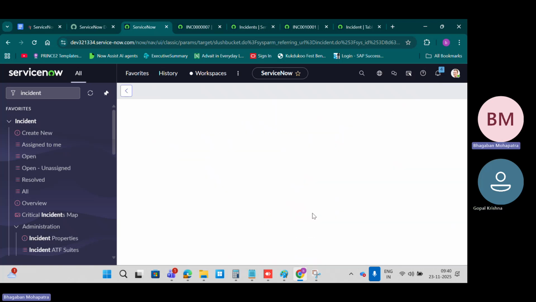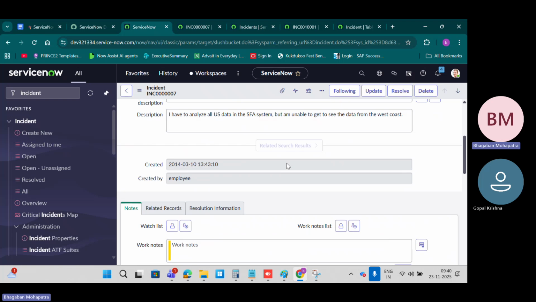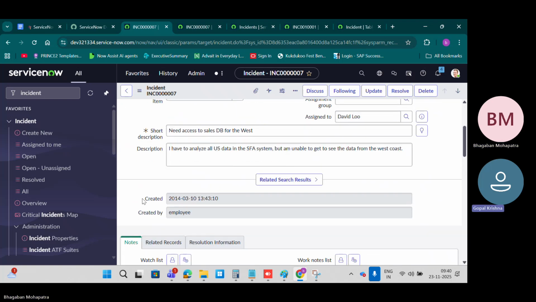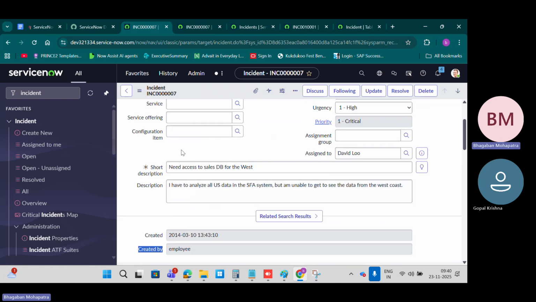I bring them from here and save it. So if you see, the created by field came here. But if I don't want to see it at the end and want to see it somewhere here,